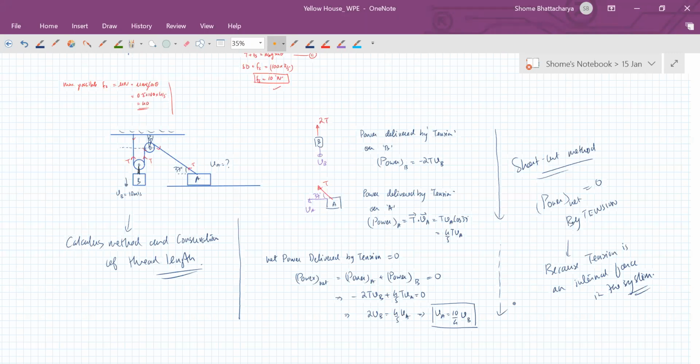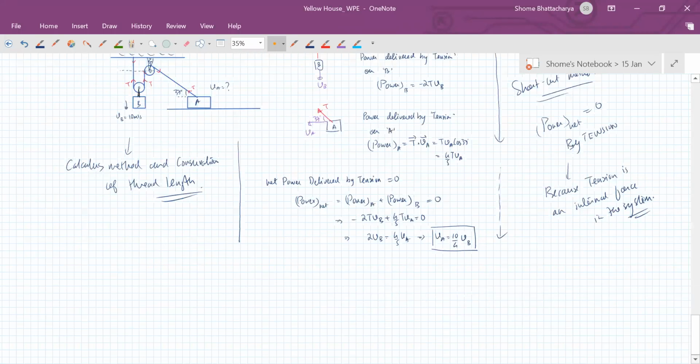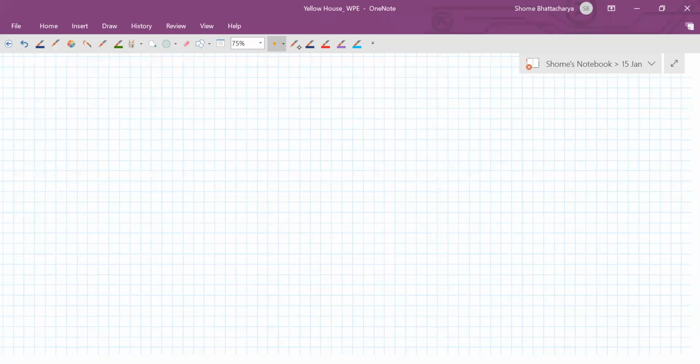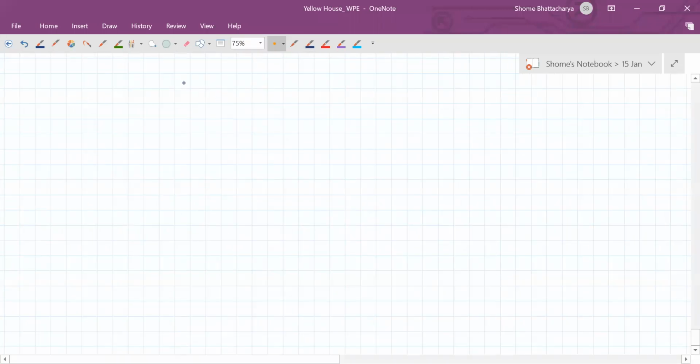Okay, so let us look at the calculus method of solving this. So in this particular test, you are supposed to solve it by the calculus method. Okay. So in that, what we'll do is we will express the thread length